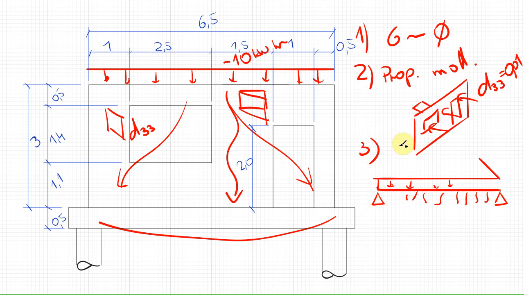So the third possibility is to use orthotropic properties, and then we can reduce D33 also to 0 or to a very small value. The property modifier is only a factor which is used to multiply the original stiffness of the elements. So now we go to SciEngineer.